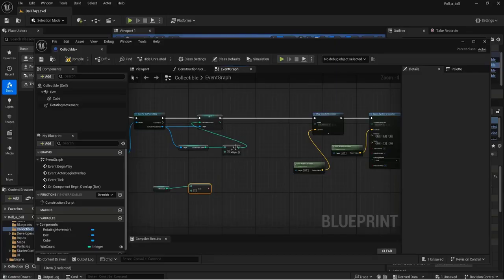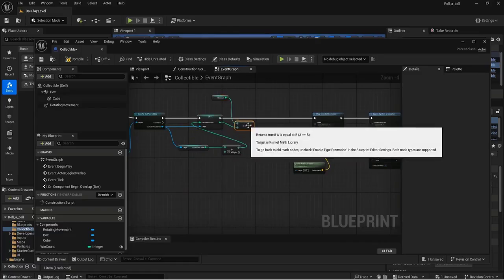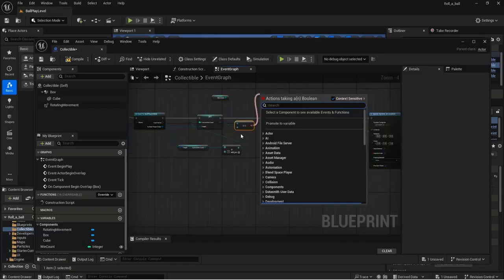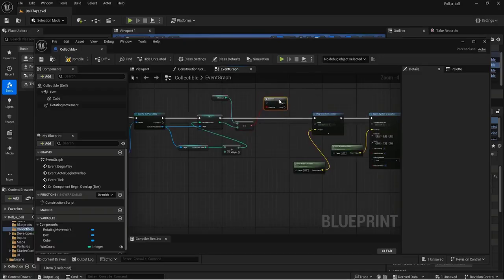So we'll put this information out here. So when it adds up and it gets to 13, that is the win count. And we'll branch this off. So if this is now true,